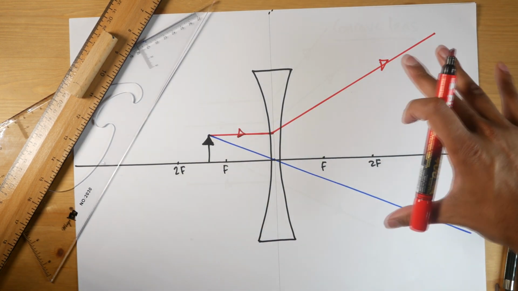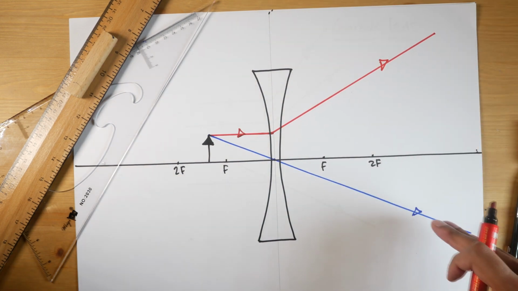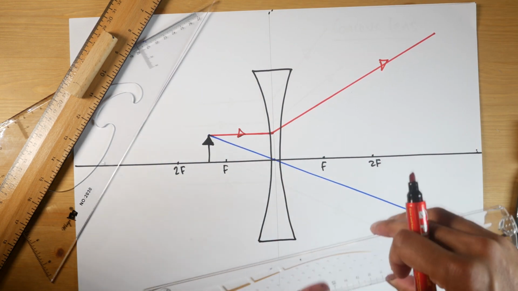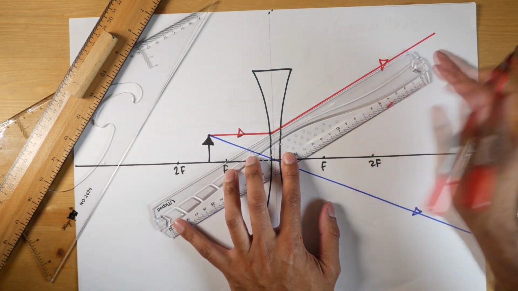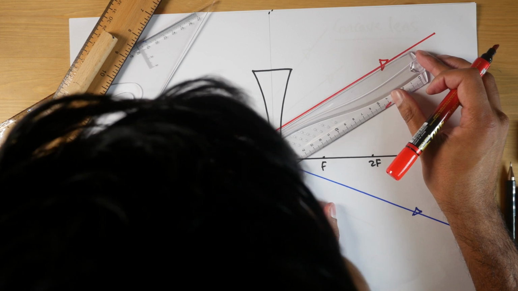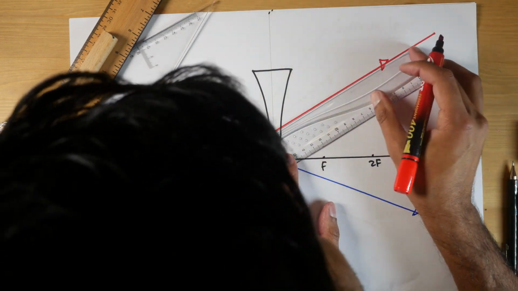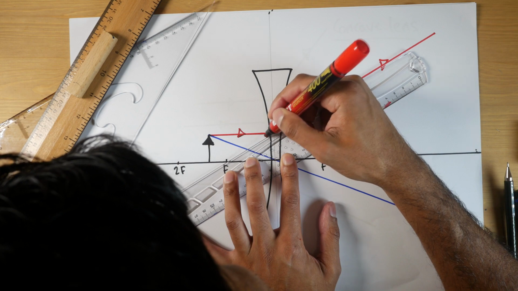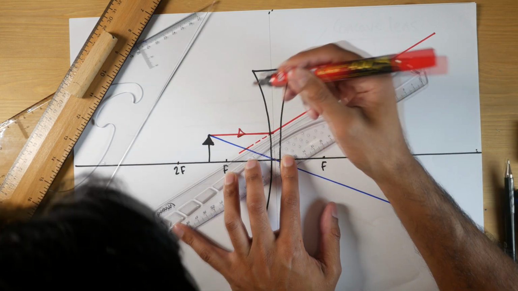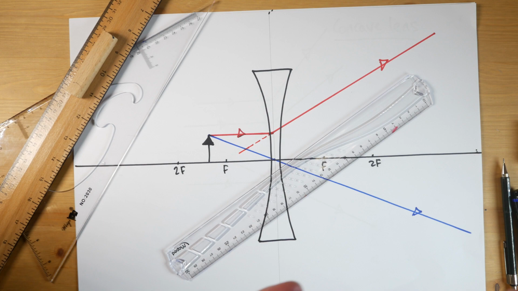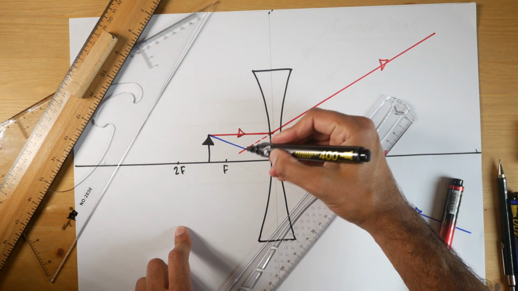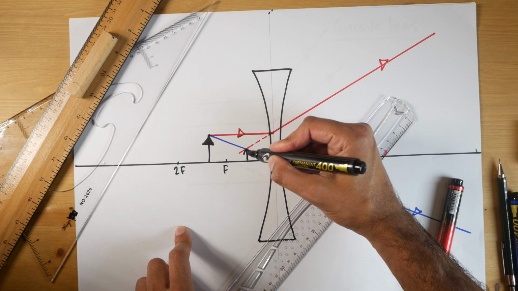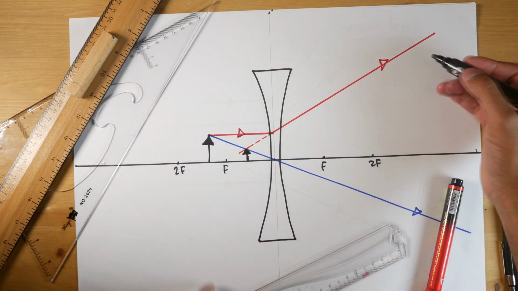Okay. Now, of course, in order to make an image, both of the refracted rays have got to meet. And of course, it's not going to meet over here because they are diverging. So it meets over on this side. So what we do is we then extend our line all the way back, doing it as straight as I can. And where it meets, that is where the image forms. So the image is like this. And as you can see, it is a smaller